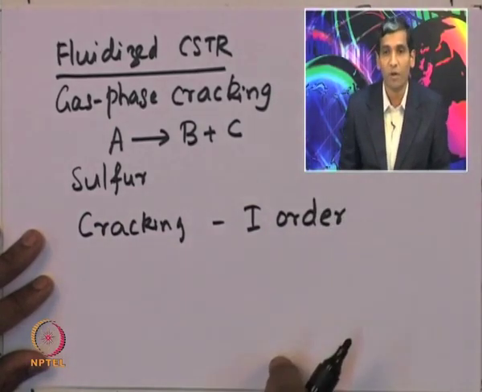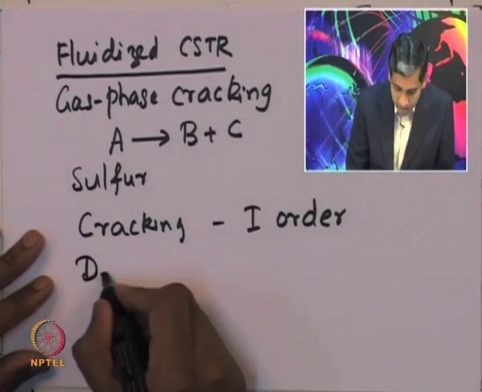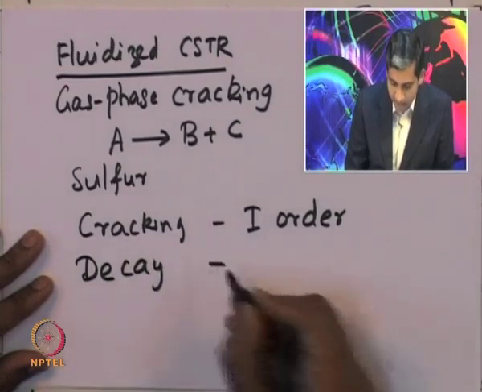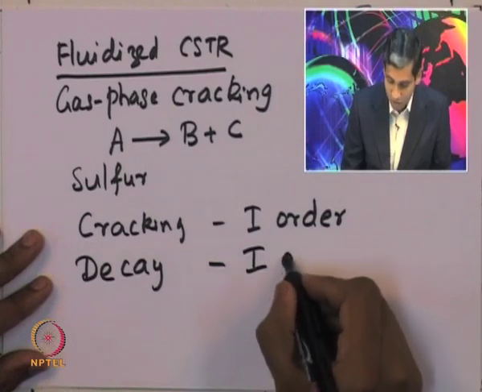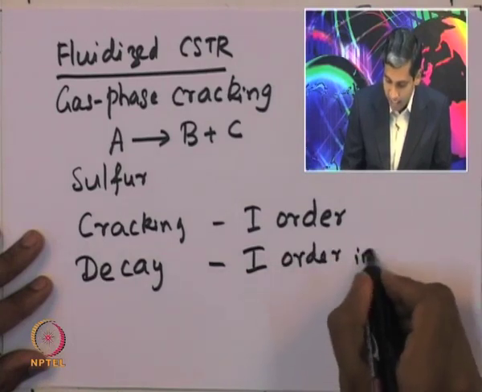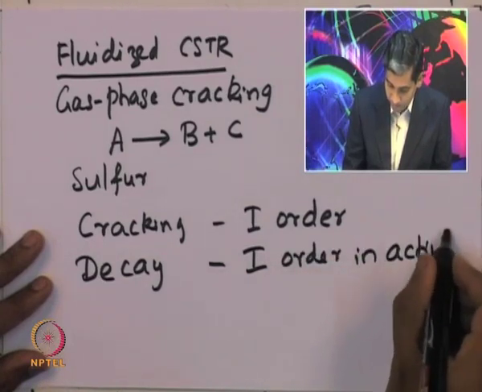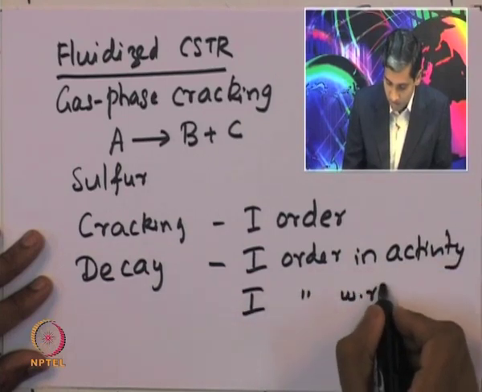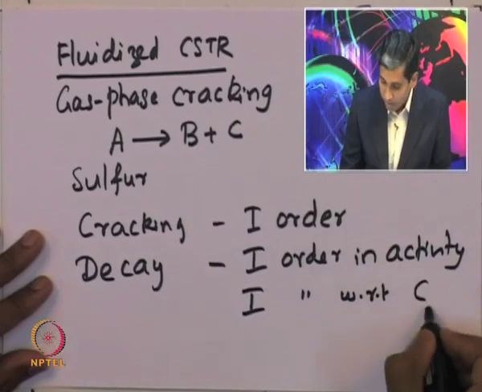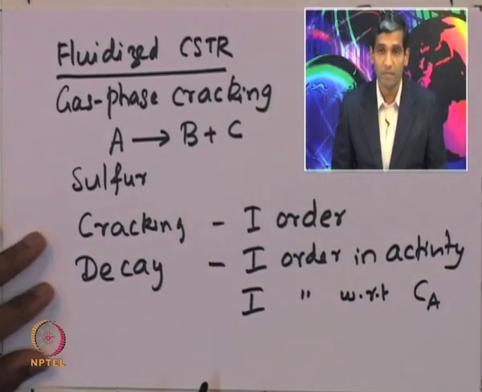Cracking is a first order process, and we assume that the decay, or catalytic deactivation of the catalyst, is first order with respect to activity, and first order with respect to the concentration of species A in the gas stream. Okay. So now, the schematic of the fluidized CSTR looks like this,